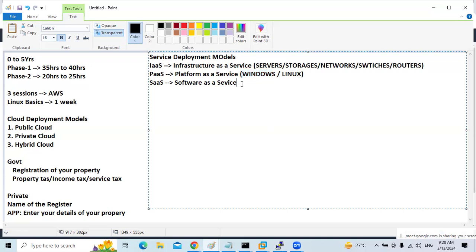Software as a service. What is software as a service? To deploy our application, I need Java, I need Python. Without Java, without Python, we can't deploy the application. So they're going to provide software like Java, .NET, Python, C or C++. Whatever software you require, that is also going to be provided by AWS. Everything is licensed software. If I go for software as a service, they'll give the infrastructure, they'll give the platform,